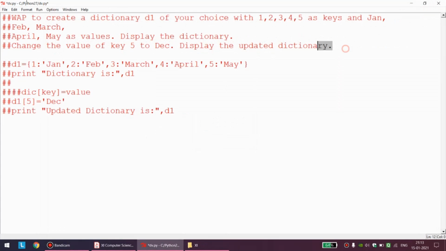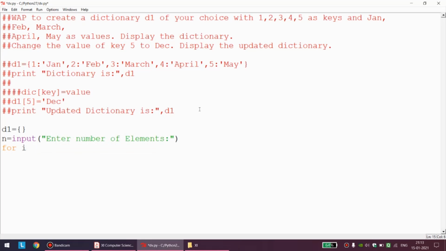Now, I will try to do the same program, taking input from the user, so that it will be a nice revision for all of you. So, let me do one thing. I will create one blank dictionary D1. I will ask the user how many elements he or she would require to enter into the dictionary. So that would be one proper approach to how we work with a dictionary directly from the user. So enter number of elements, done.